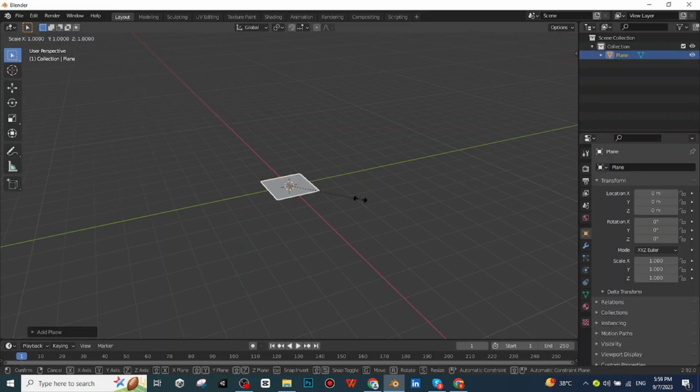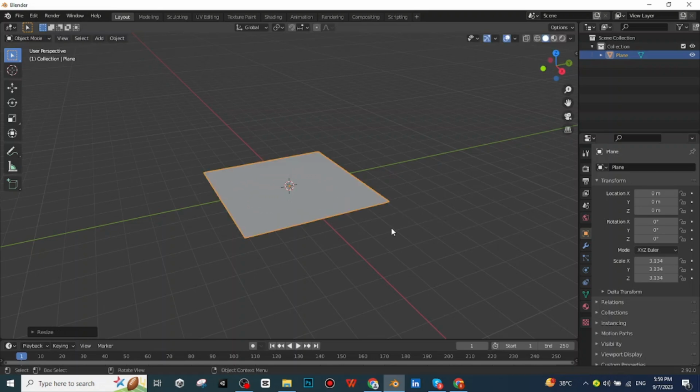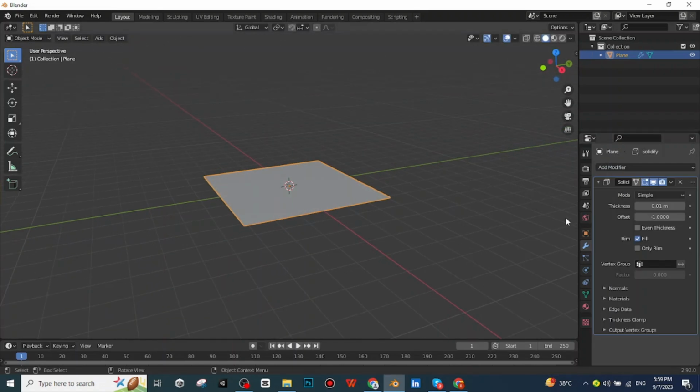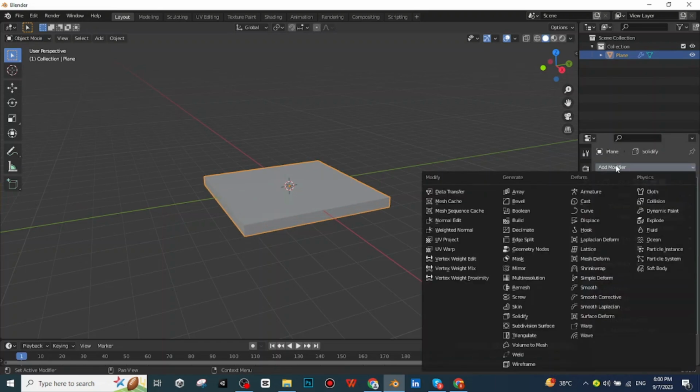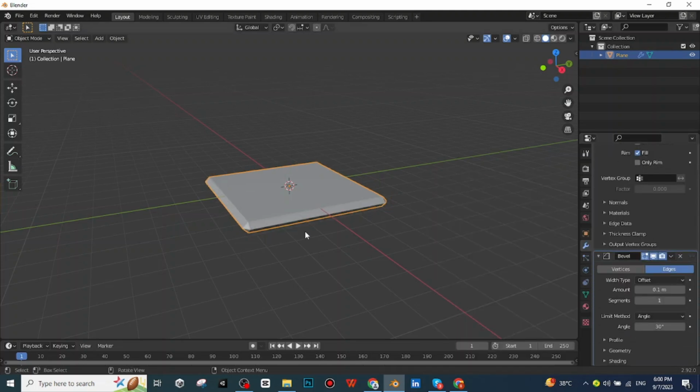After this, press S to scale it up like this. And after this, I will add a modifier. I have added the solidify modifier. After adding the solidify modifier, adjust the thickness of the plane like this. I will add another modifier, which is a bevel modifier. After adding the bevel modifier, adjust its amount to